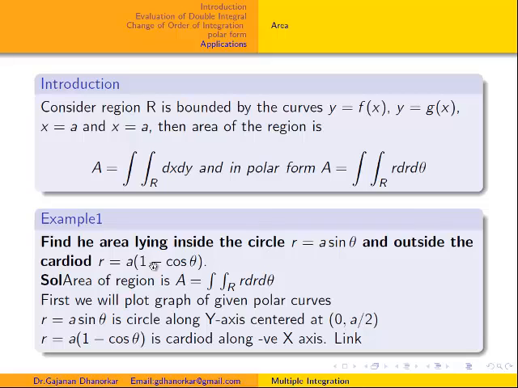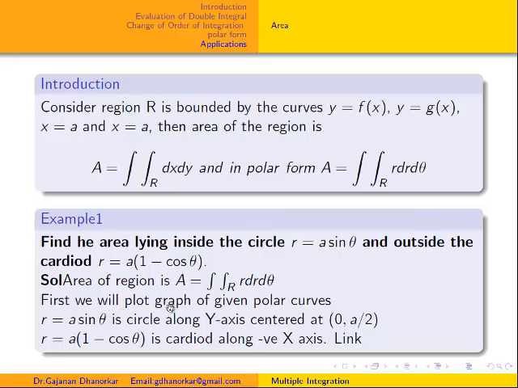Now here again we have to solve problems to find the double integration bounded by these two curves, and for this we need to find their limits for theta and r. This is in polar form, that's why we have to find theta and r, then we will get our answer. And it is very easy, because we are only taking the integrand as one here. Instead of dx dy, here it is r dr d theta, meaning f of x y or f of r theta is 1, and directly we will get the area.